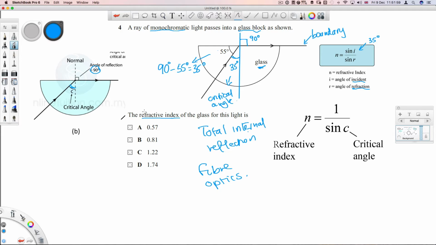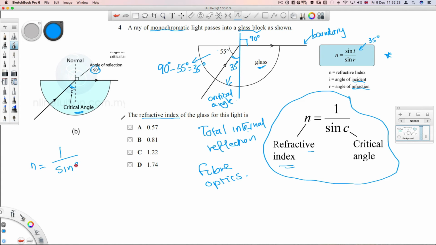Okay, so when we have a critical angle, we stop using that formula and we use this one instead. Okay, so the refractive index is going to be 1 divided by the sine of the critical angle, which means now we have n equals 1 divided by sine of 35. Now if you find the answer to that, it is going to be 1.74. Okay, so the answer is D,